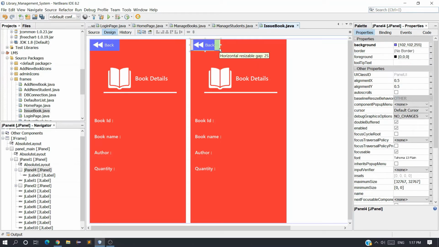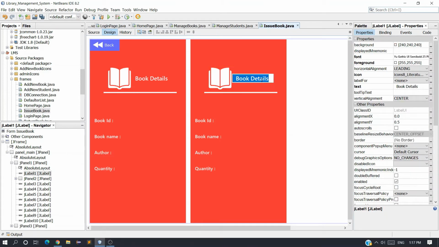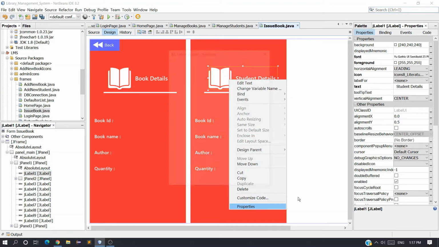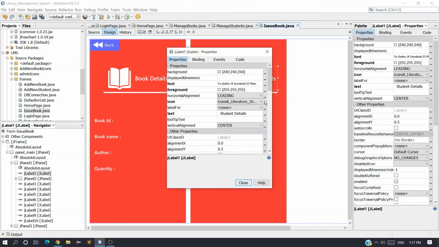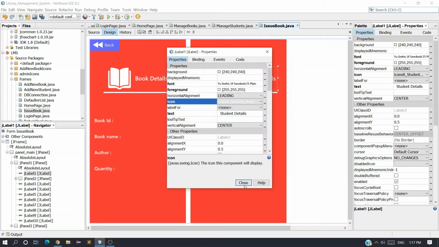I don't want this button, so delete it. And here book details, make it student details, and change the icon. Inside this you will see a student registration icon, select that and OK.